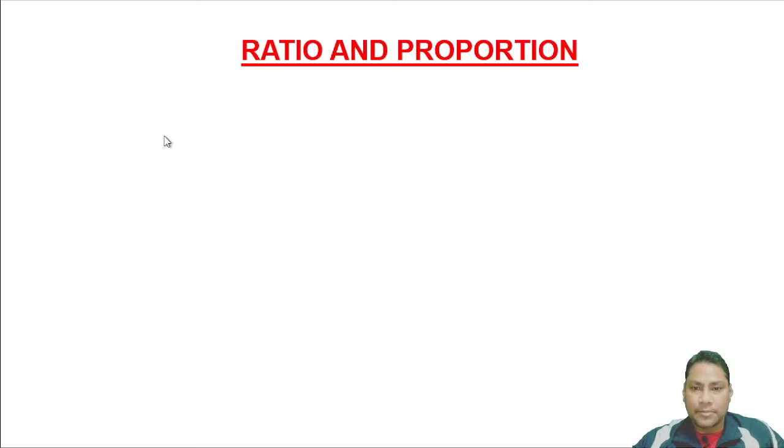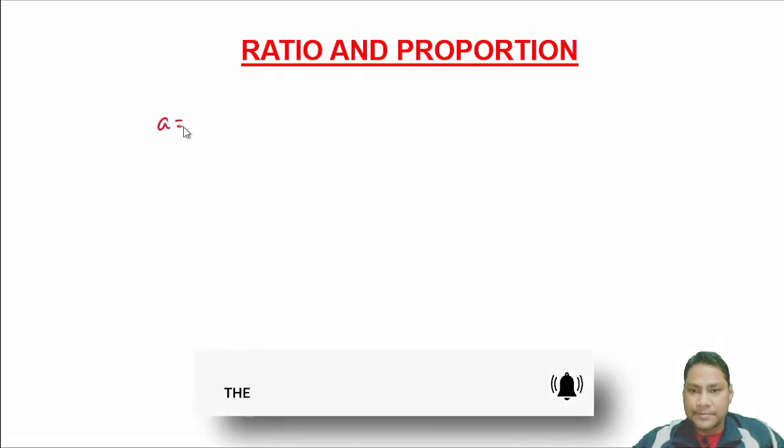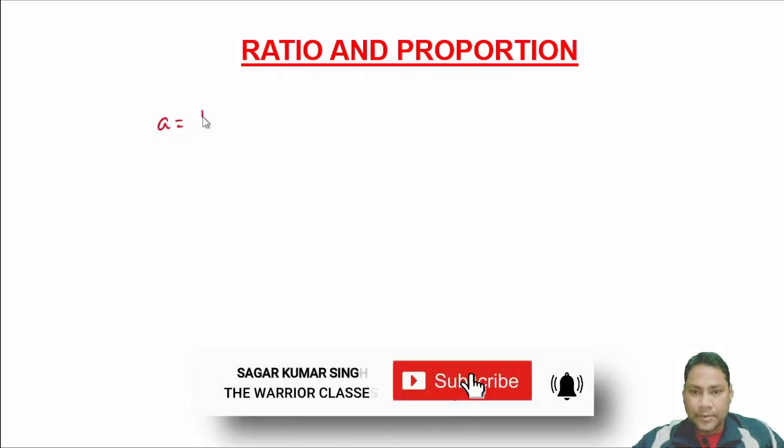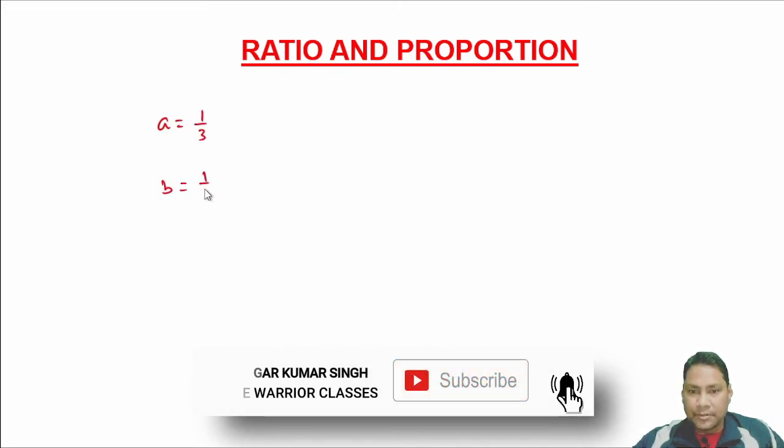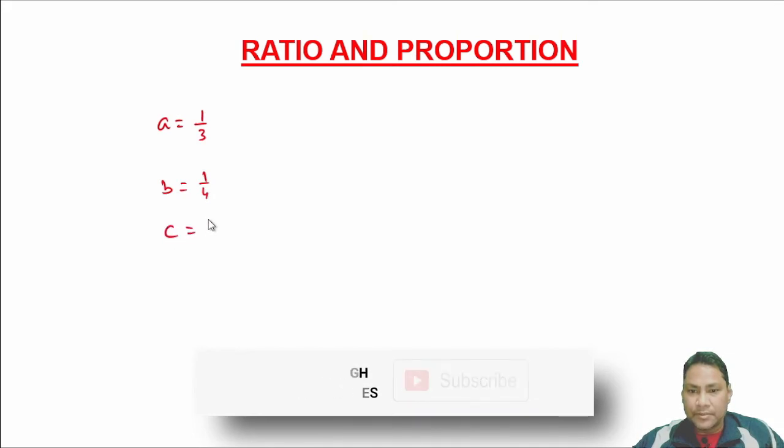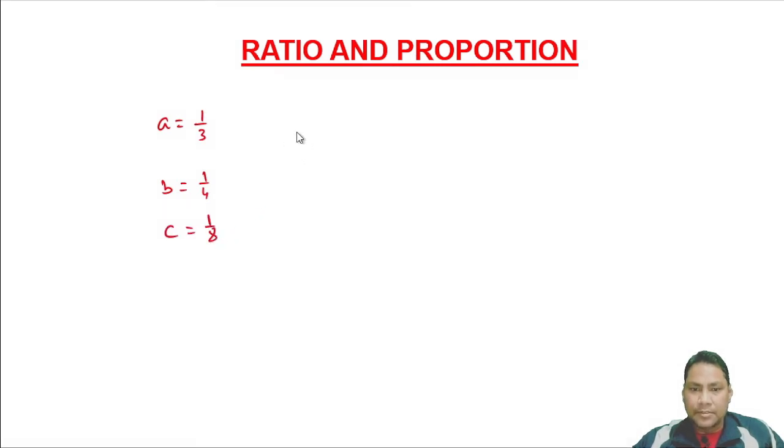Now we will learn, if the numbers are given in fractions, then how we will get the value of the ratio. Let us take an example. If the value of a is 1 by 3, value of b is 1 by 4 and value of c is 1 by 8, take out the value of a is to b is to c. To take out the value of the fractions, we will multiply all fractions by a number that is divisible by all denominators of it. So we can take any number that is divisible by the denominators, but we will take the value of the LCM of it.